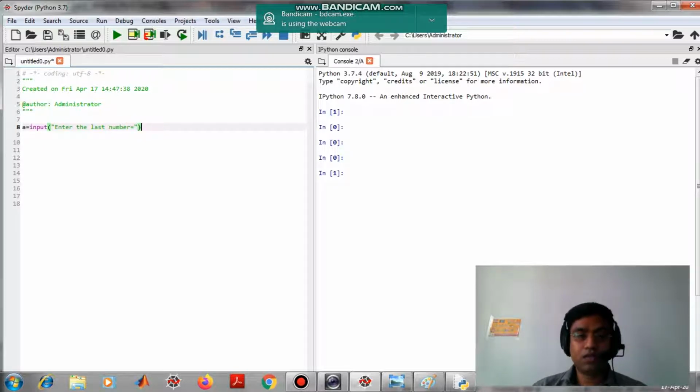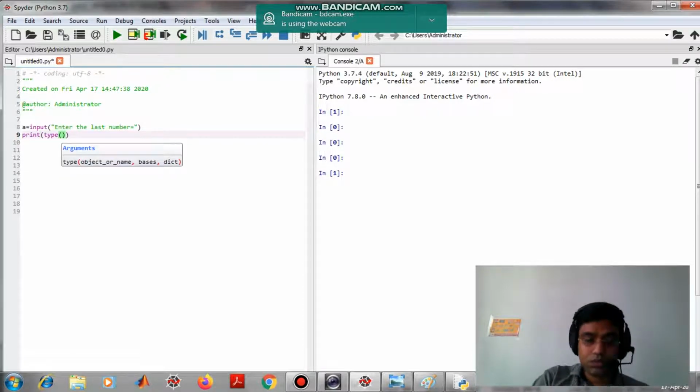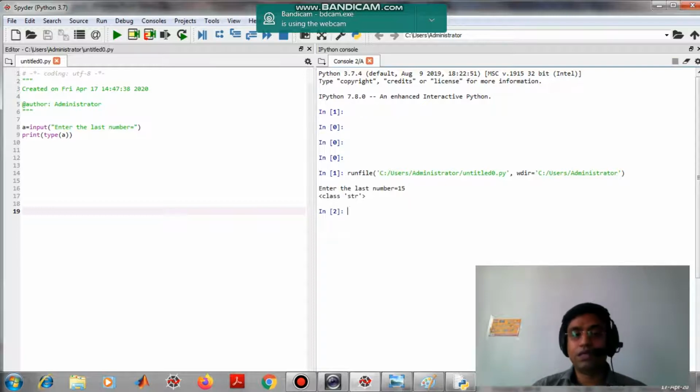So we can check the output of this variable A, and the type of the input A. The last number is 15 and the type is string, right?